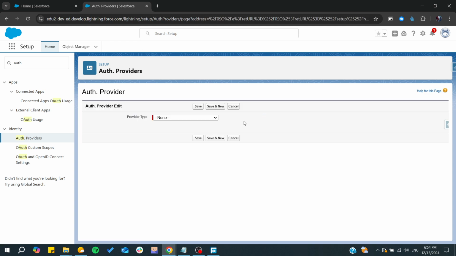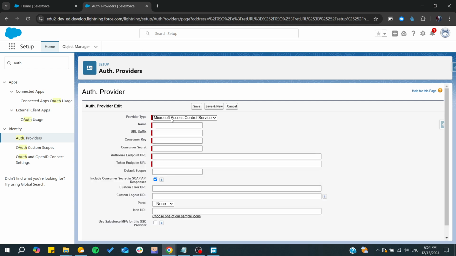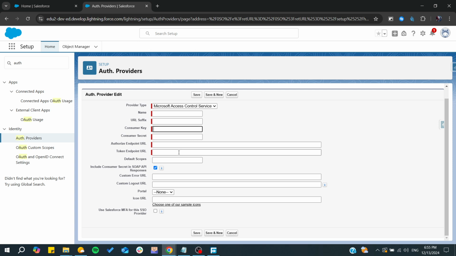from here you will need just to click on new, and you will need just to add for Microsoft access control service, and from here we can start adding all these informations. So basically you will need just to add the name you want to appear in Salesforce for the name, and you will need just to add your consumer key or the placeholder. You will need just to add your keys and your consumer secrets and all the informations from your Microsoft's access